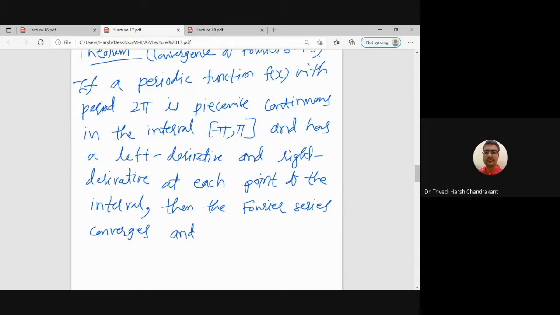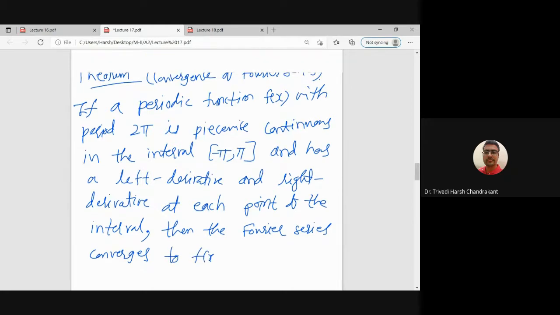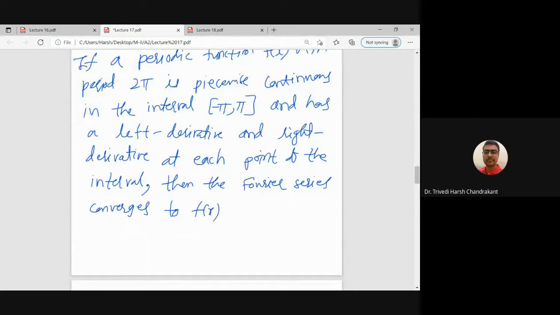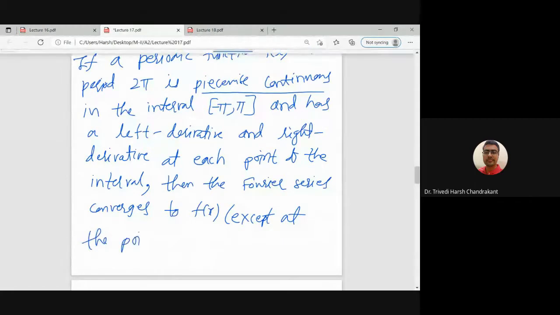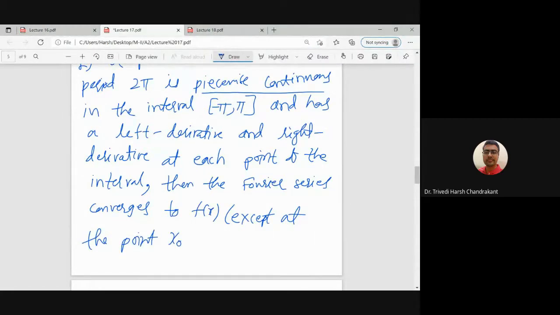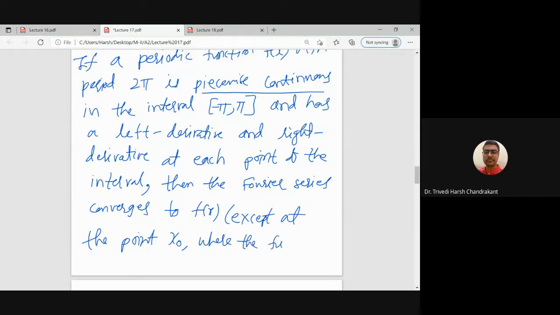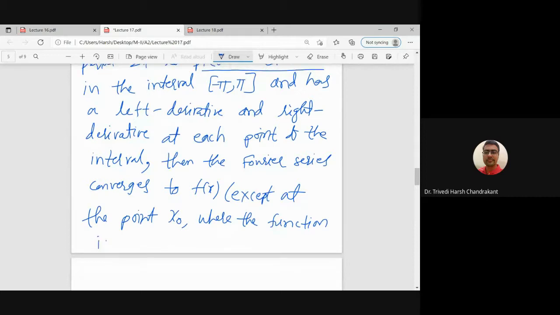So not only does the Fourier series converge, it converges to f(x). The only problem is that we are assuming this function is piecewise continuous. Piecewise continuous means it may have jump discontinuities, right? So whenever it has a discontinuity at a particular point, that means except at the point x naught where the function is discontinuous,